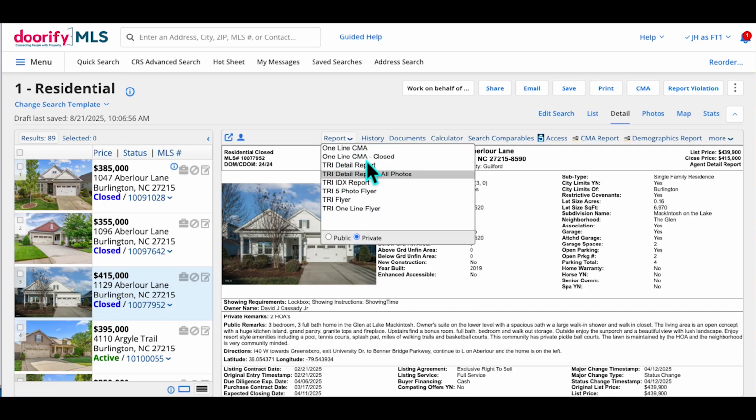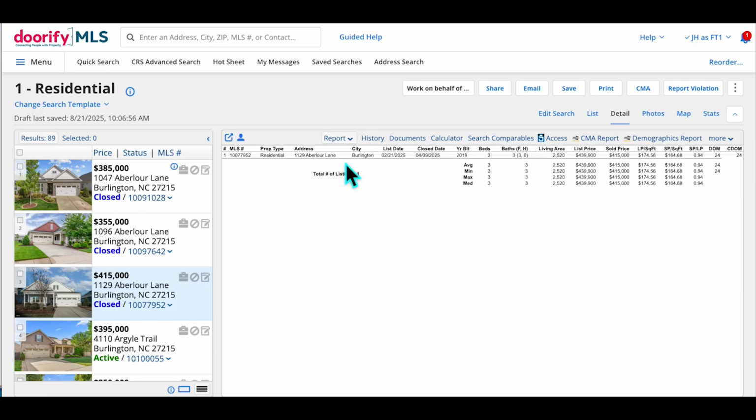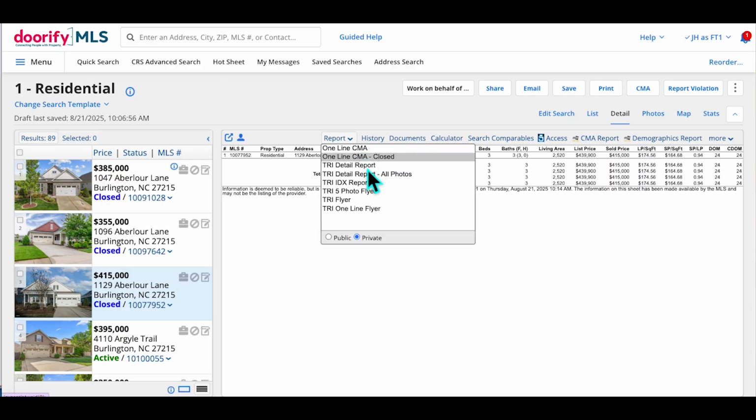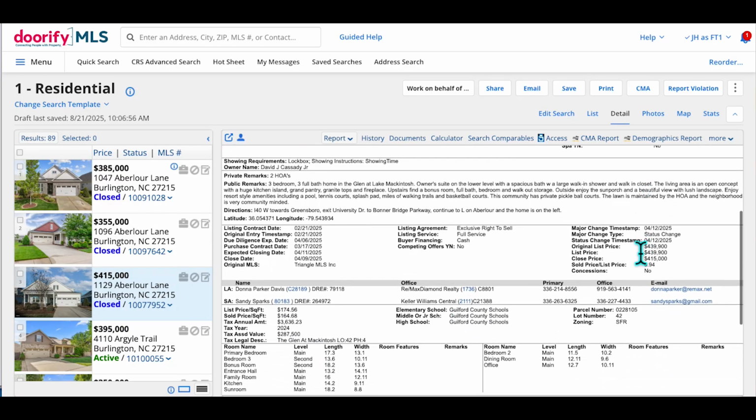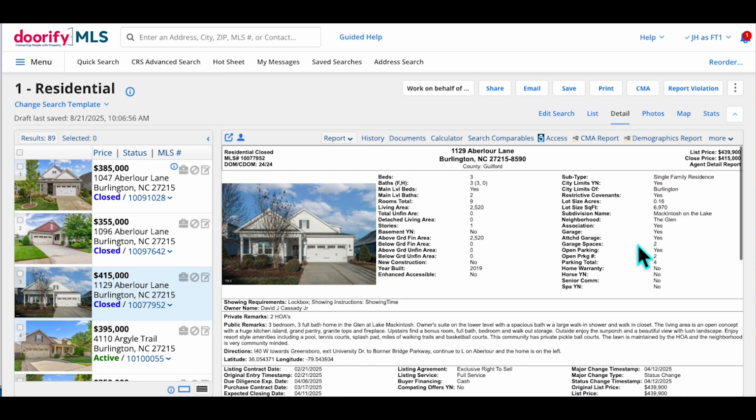IDX flyers, generally probably looking at not the one-line report. The detail report allows me to get all of that listing information. Some other things on the detail tab. So on the row right underneath my search results where detail is highlighted, that top row allows me to see